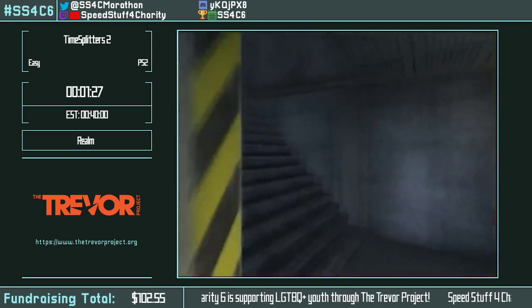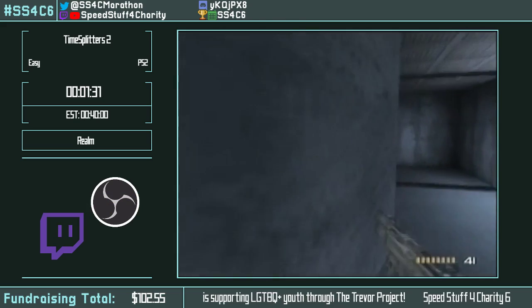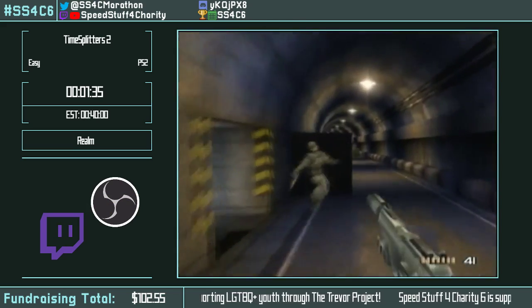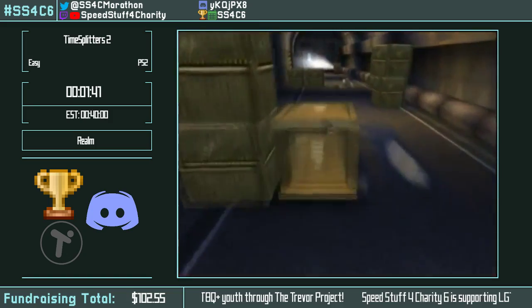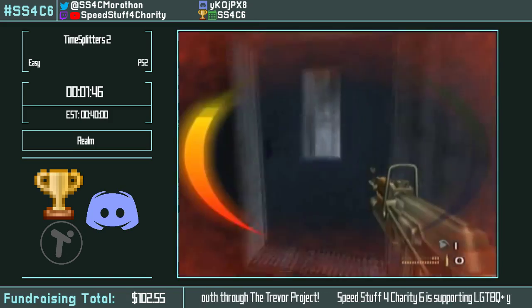Then I'm executing my first stealth takedown of the run, and what that means is where you switch to your fists, and if an enemy is not aware that you are behind them, then you can take them down with one punch. Okay, that guy drops a Soviet S-47, which is like a machine gun, I suppose,